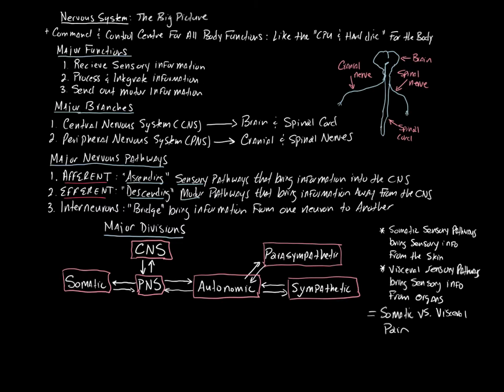All right. And then what I want to do is I just wanted to emphasize sensory pathways. So I wanted to emphasize a couple of sub-concepts underneath the umbrella of the afferent, or the ascending pathways. And these are what we call somatic sensory pathways versus visceral sensory pathways. So somatic, okay, again, soma literally meaning body, are sensory pathways that bring sensory information in from primarily the skin, okay? And then visceral sensory pathways primarily bring information in from the organs. Some of this information we're consciously aware of. Most of the information we're not consciously aware of,